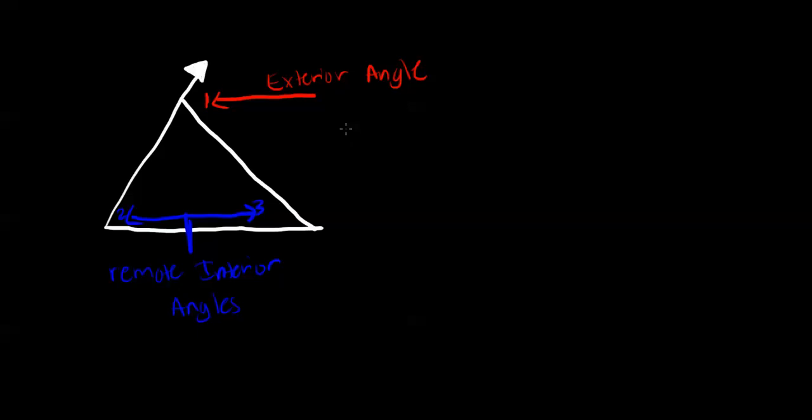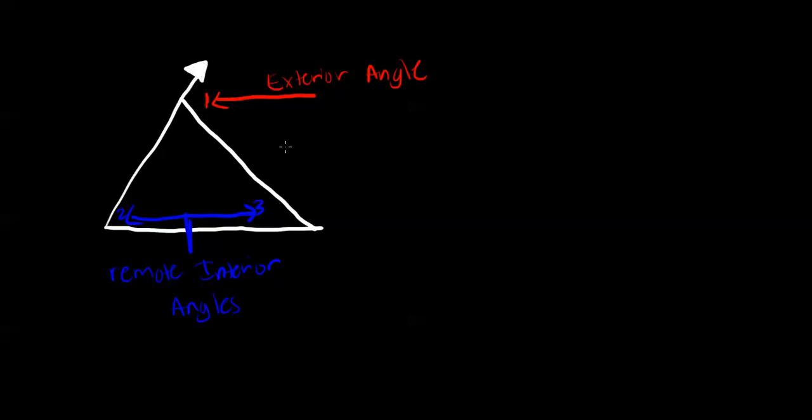Before we learn the next theorem, we have to look at some concepts. Here you can see that we have a triangle and we've extended one side a little bit further. And now we're going to look at an exterior angle of a polygon. An exterior angle of a polygon is an angle formed by a side and an extension of an adjacent side. So you can see that we've extended one side past a regular triangle, and that gives us the angle formed